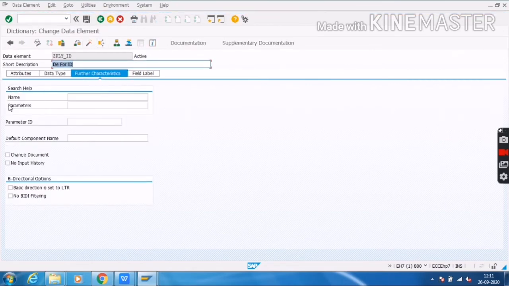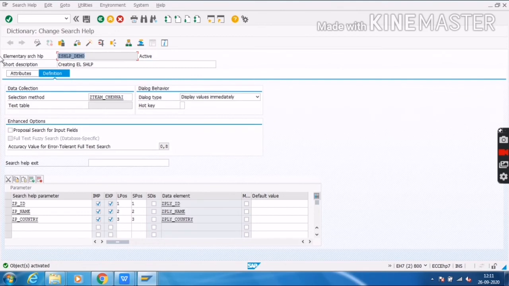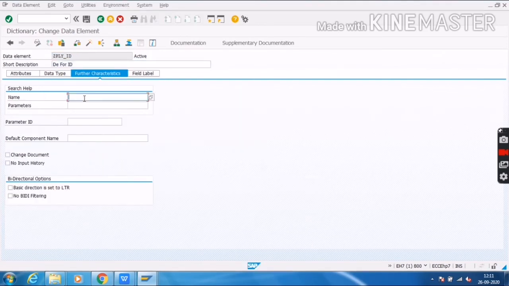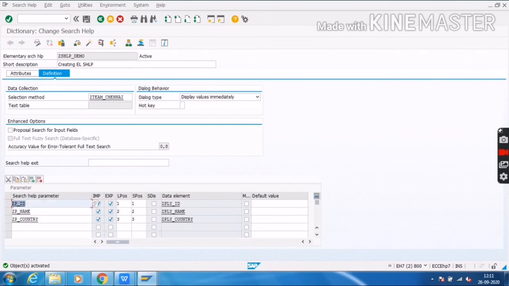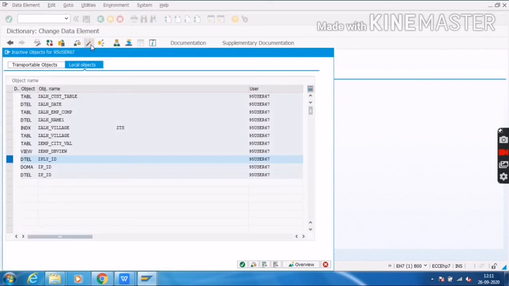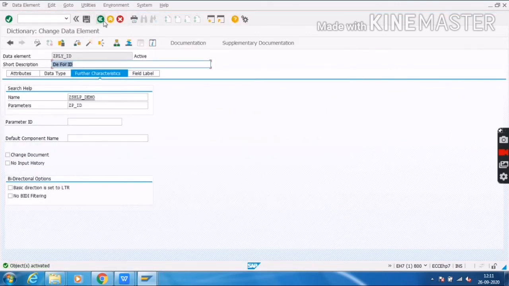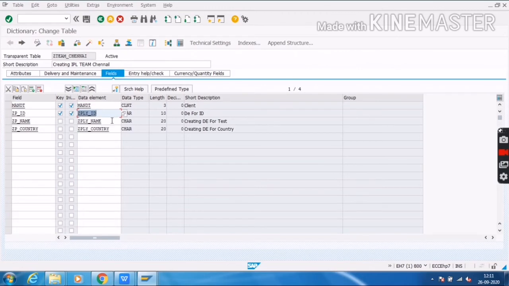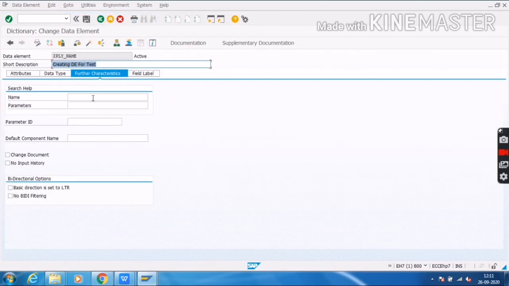Here you will see search help name and parameter. Inside the name we give the search help name, and the parameter is the player ID. I will click on save and activate. It got activated.